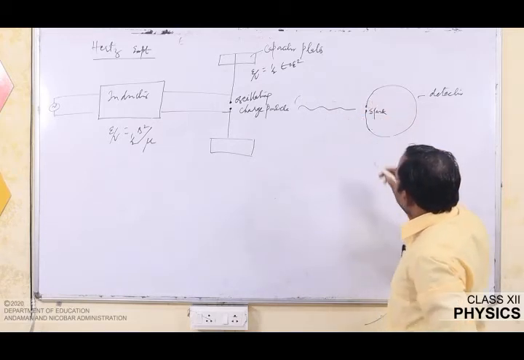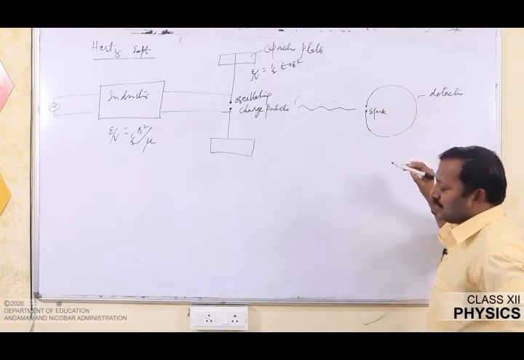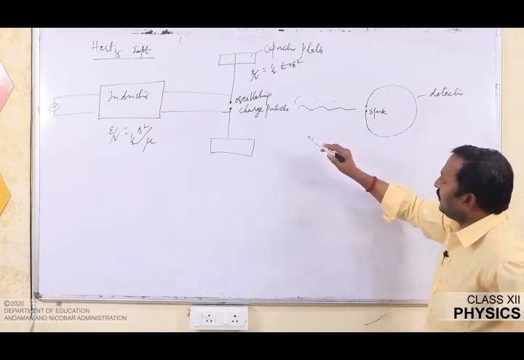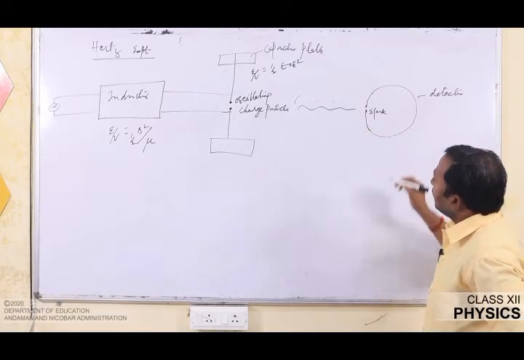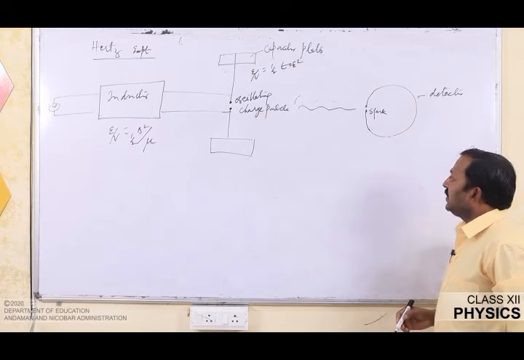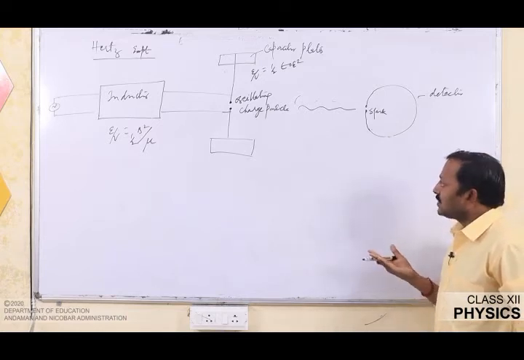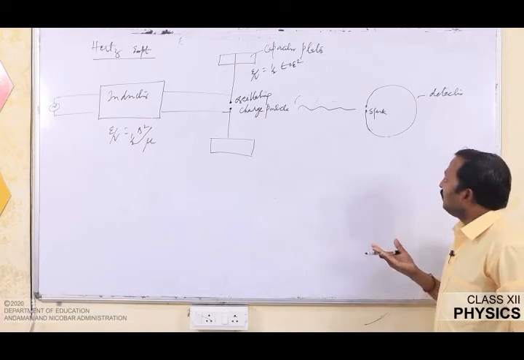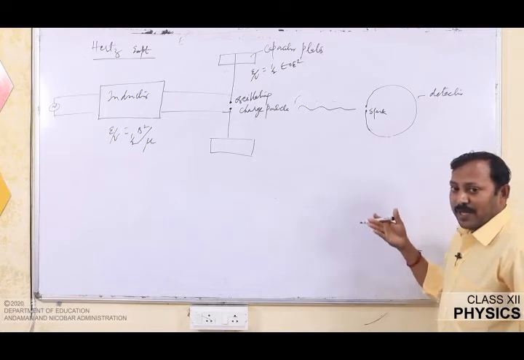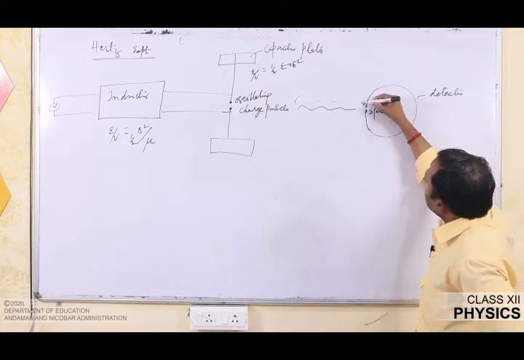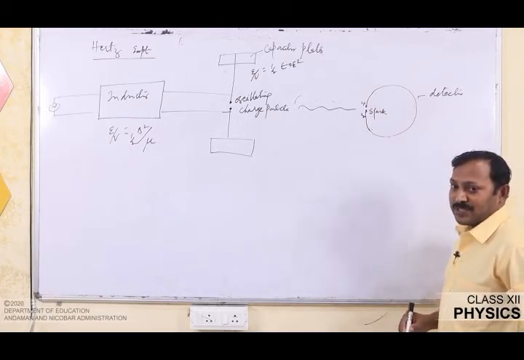When the electromagnetic waves strike these 2 terminals, a spark is produced across the detector. This indicates that the electromagnetic waves can travel in space. Now, the transverse nature of electromagnetic waves is also confirmed, that is, when the detector is placed in the horizontal plane, no such spark is noticed. When it is placed in a vertical plane, a spark is seen between the points S1 and S2. This indicates that electromagnetic waves are transverse in nature.